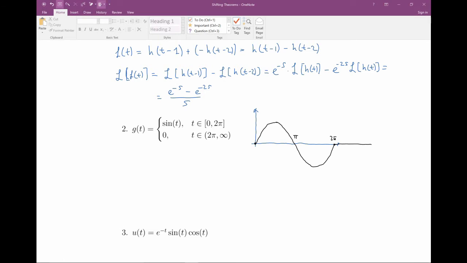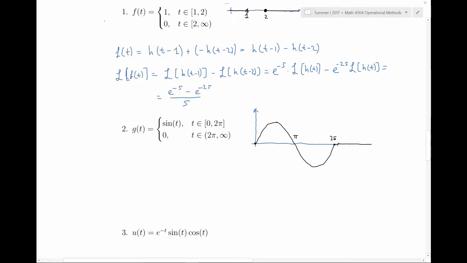In this case, I could use the definition of the Laplace transform and convert the integration from 0 to infinity to integration from 0 to 2 pi only, and again I would have to use the integration by parts twice, and it's going to be quite a complicated integration. Instead, I could just use the existing formula for the Laplace transform of sine, and then break this function into a sine of t multiplied by two Heaviside functions that turn it on and turn it off at 0 and 2 pi. So g of t can be expressed